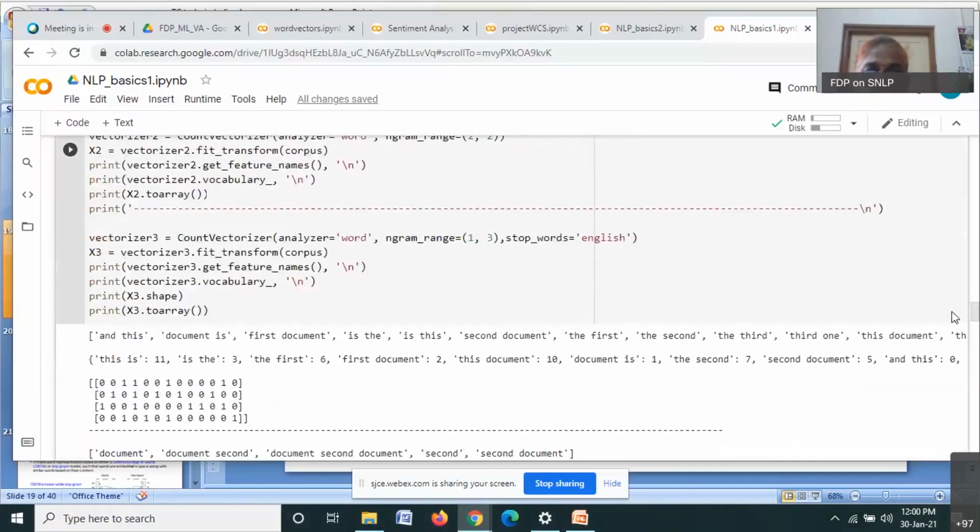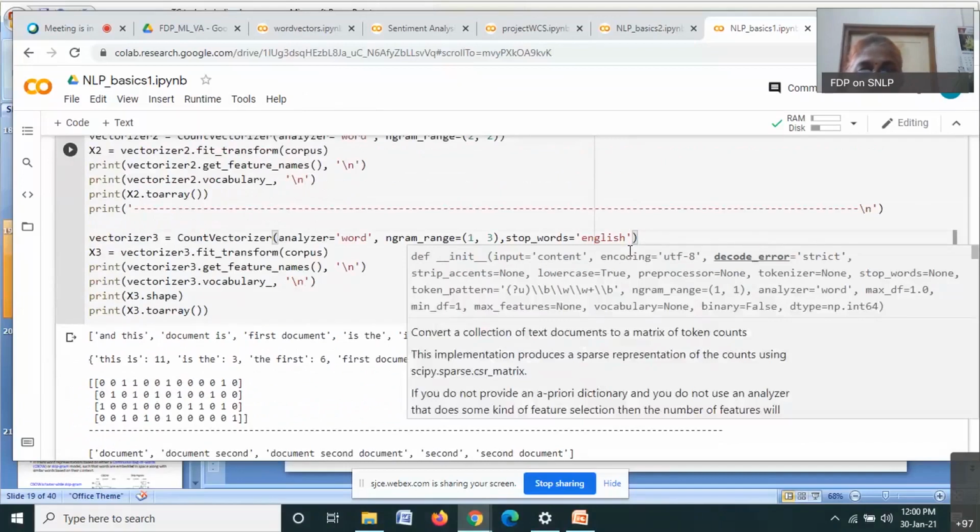If you just click on this, you can see whatever you can add. For example, lowercase equal to true you can add here, preprocessor equal to none, whatever preprocessing you are using, that also you can include. The token pattern that you are using, you can specify.